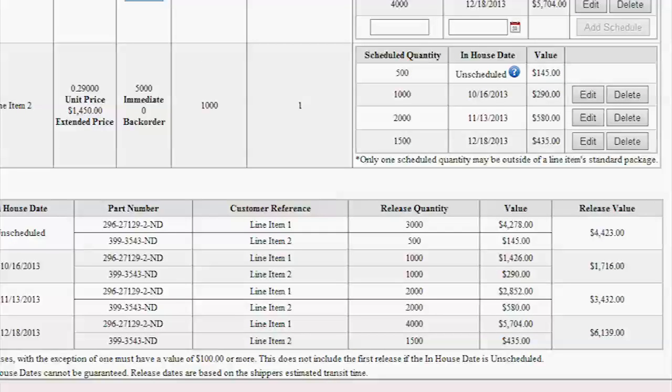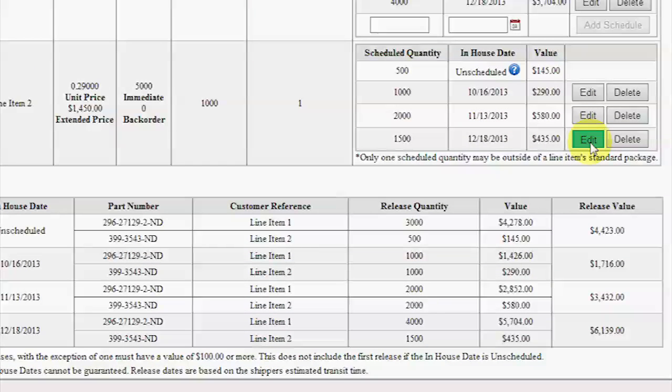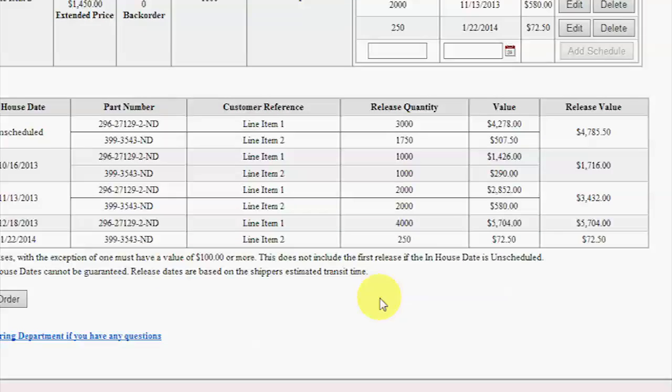So as we look at our current schedules, we are following these rules and not taking advantage of the exception. But if we go back to line item 2, reduce the quantity of that final shipment, let's say 250 pieces, and let's select a new date in January, this new 5th release actually has a value that's underneath $100. The new 5th release is now our exception, and if we were to add another release under $100, both release values under $100 would be indicated in red text,